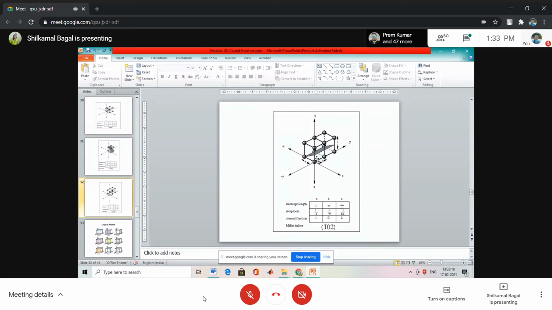Okay, and from this point of intersection, that is 1/2, parallel to y will go in this direction, and then join these two. हम यहीं पे join करेंगे because unit cell is ओवर ना, so we will draw up to this only and then show it by shading. Okay, so in this way we can write the indices of the given plane, that is Miller indices, and we can draw the plane of given Miller indices.